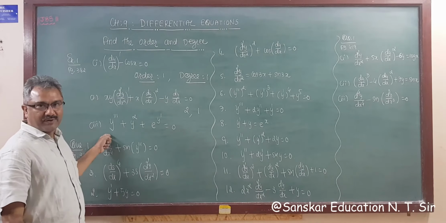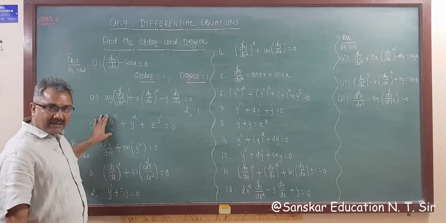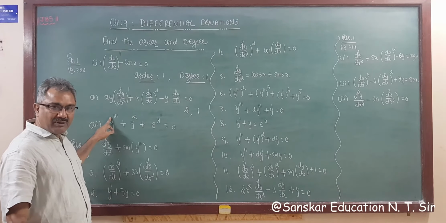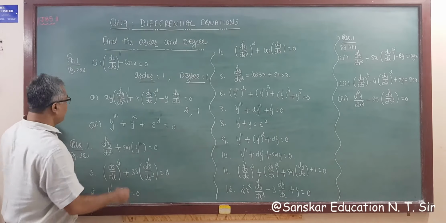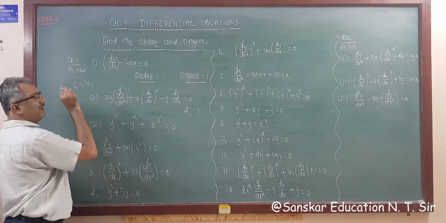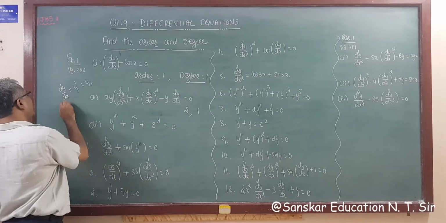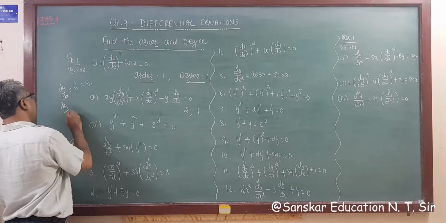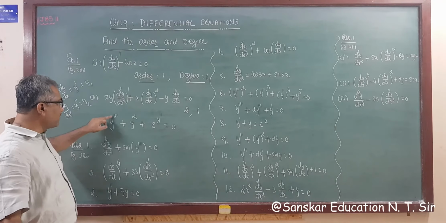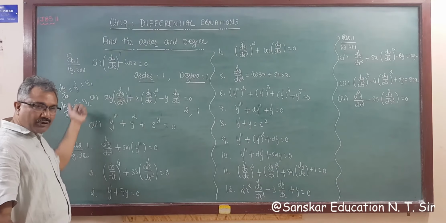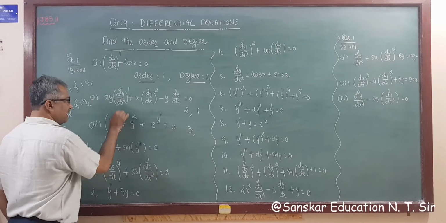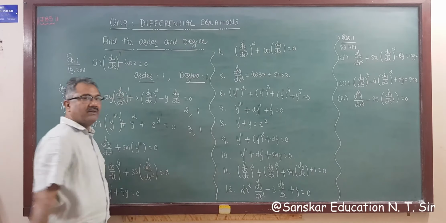For this question, we learned in derivatives that this is one of the notations for derivative. This is the third order derivative, that is d cube y by dx cube. You know, dy by dx is represented by y dash or y1, and the second order derivative, d square y by dx square, is y double dash or y2. So this is the given third order derivative, that is, the highest order of the derivative is 3, so order is 3 and the power of this is 1, so degree is 1, right.